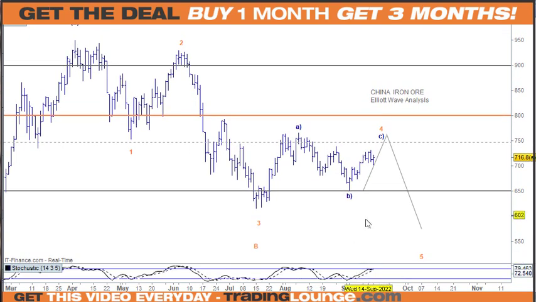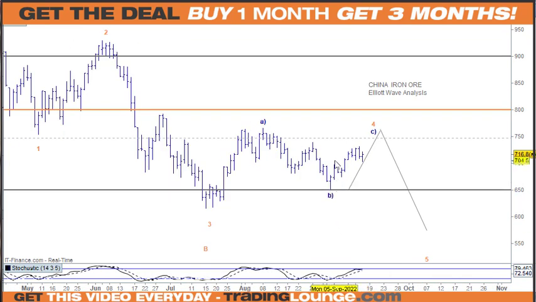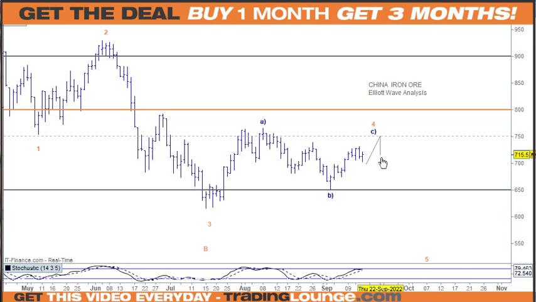So what I was doing here is, I know this wave 4 here is overlapping the wave 1 over here. The A wave's done that. But I wanted to wait here because I wanted to get this 1, 2, 3, 4, 5 here. So we've got a push up here, back up into the 750 area. And then I wanted to see what was going to happen after that push.